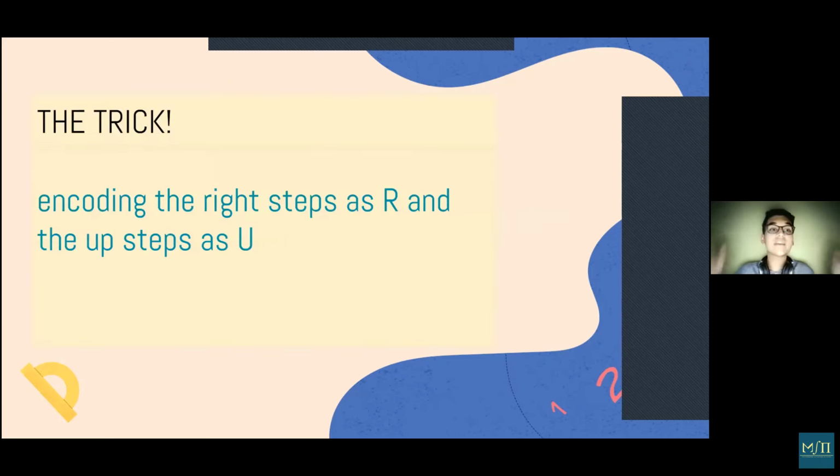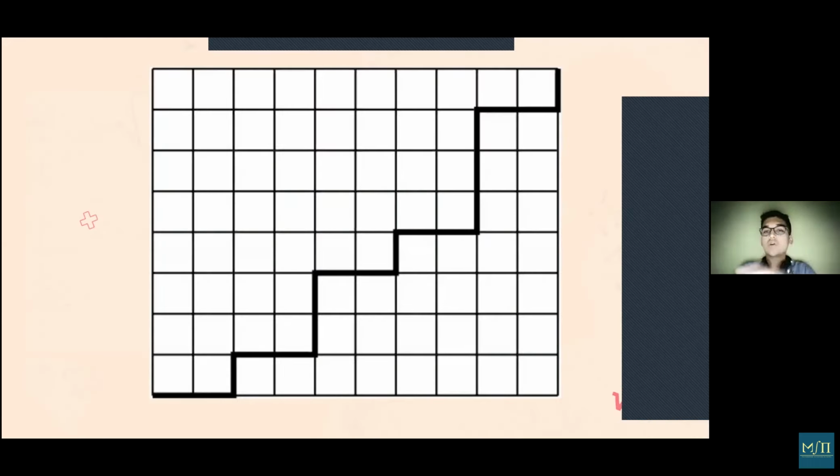What's the trick? It's encoding the right steps as capital R, or any letter of your preference, and the up steps as U. When we do this, what happens? All right, let me exemplify this. You've got a grid, and I've randomly selected a particular path. The bottom left point is (0,0), and the top right point is (m,n). And so this is a random path, this one in bold, which I selected. And so when we apply the previous trick, this entire path, which is a graph,